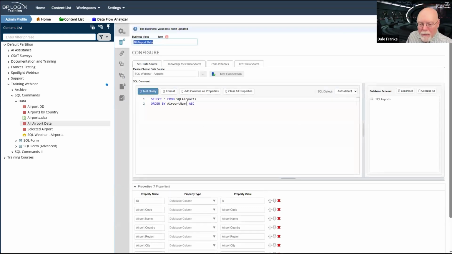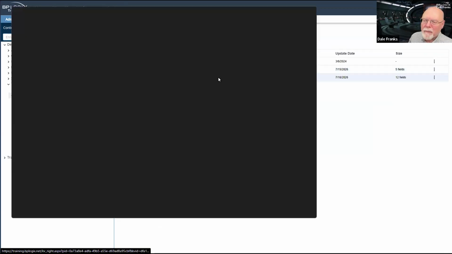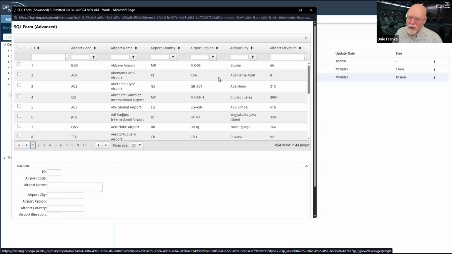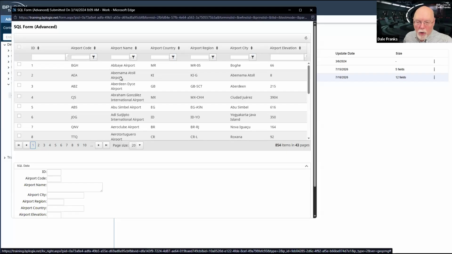Well, the reason that I'm going to do that is so that whenever I do open up my advanced form, and this is another UI thing you need to keep in mind, all of my airports are now in alphabetical order.